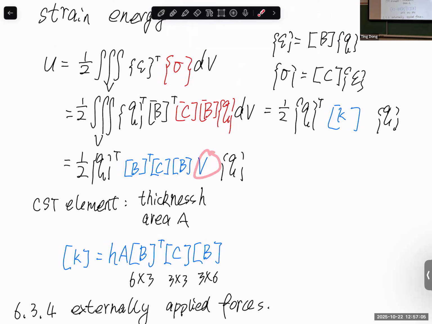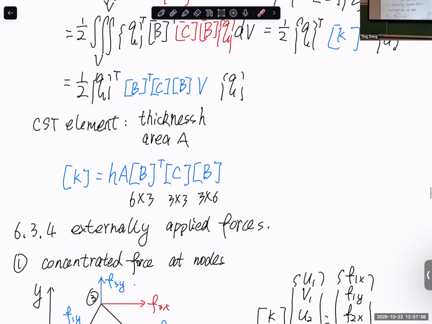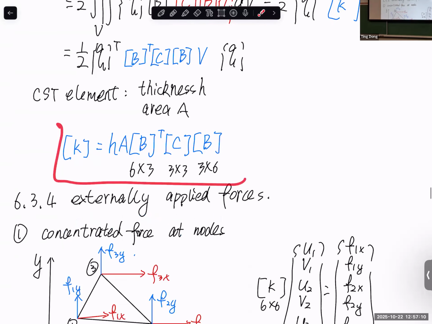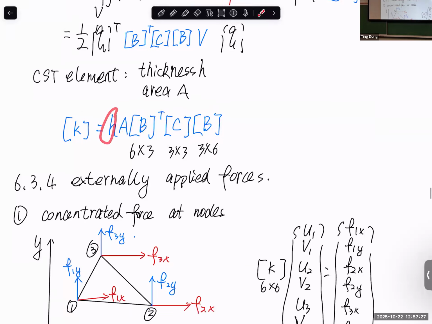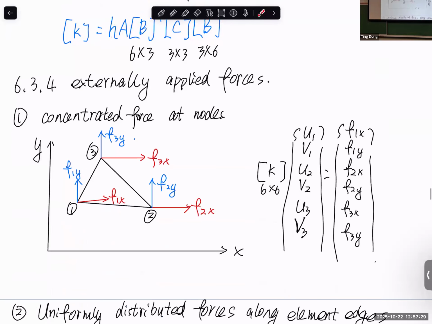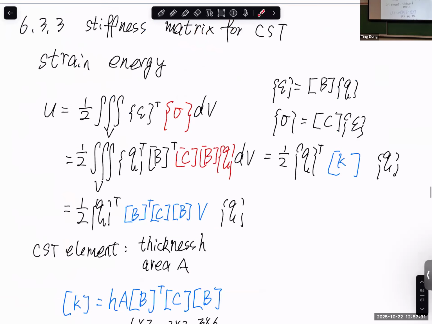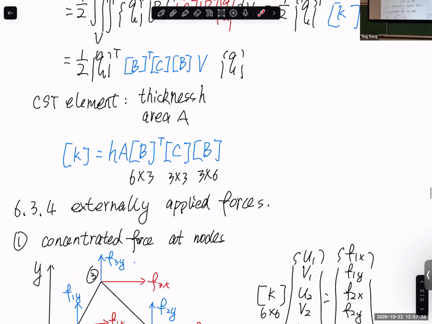This is the volume, which is a constant for the CST element. So this is the stiffness matrix for the CST element. It depends on Young's modulus and Poisson ratio. It depends on the coordinates of the 3 nodes. The area, of course, depends on the coordinates of the 3 nodes. It depends on the thickness of our triangular element. And this is K. For solving the unknown degrees of freedom, KQ equals F, we also need to know